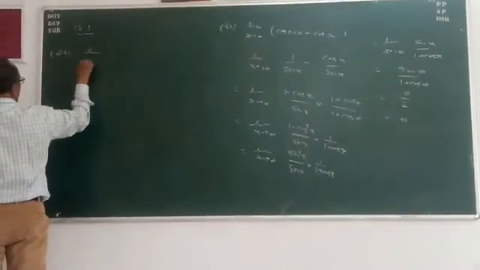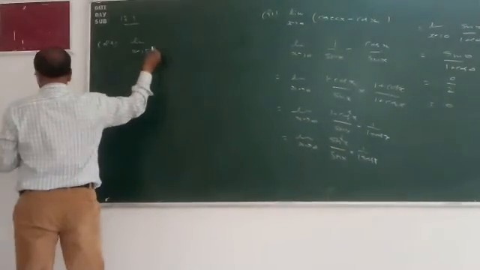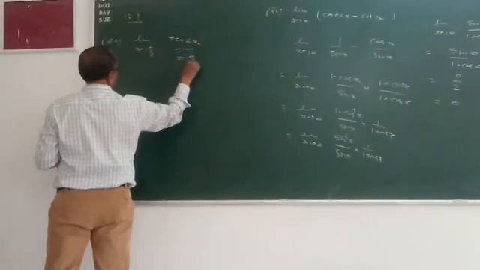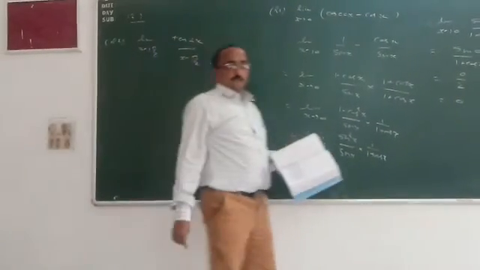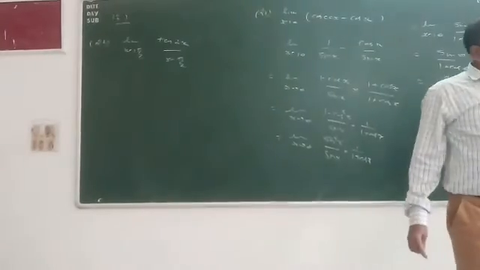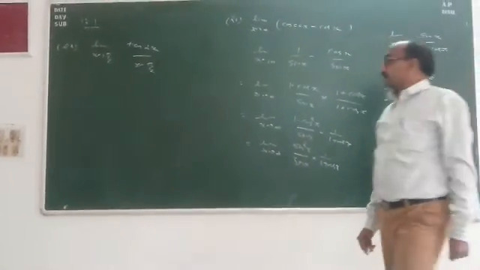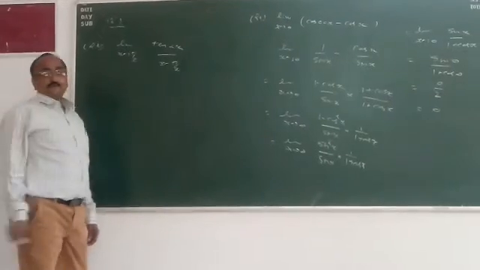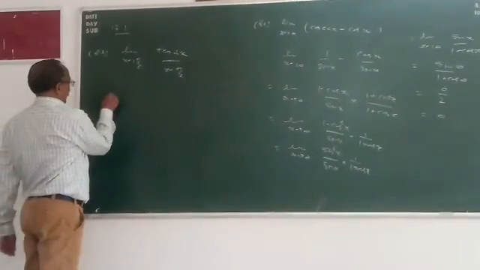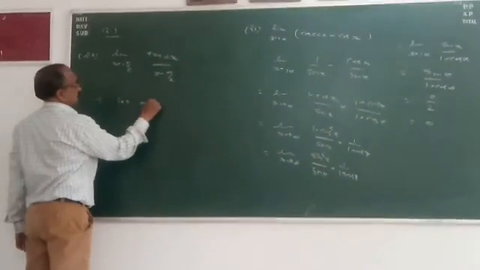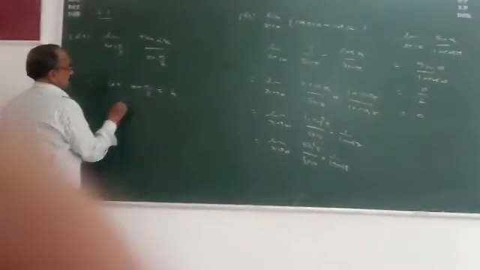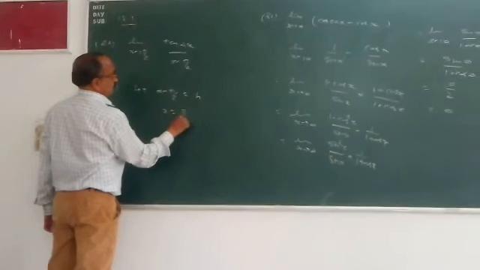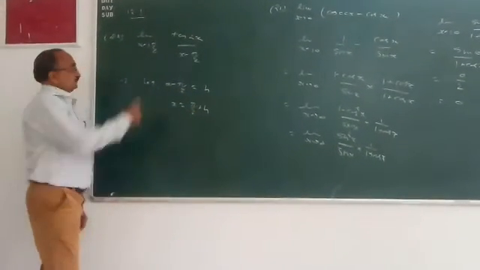Find the limit x tends to pi by 4 tan x upon x minus pi by 2. You know that in this type of limit, it comes tan x upon x minus pi by 2. First here, we assume that x minus pi by 2 is equal to h or theta. So let x minus pi by 2 is equal to h. Therefore, pi by 2 taken to this side, so x is equal to pi by 2 plus h. Clear?